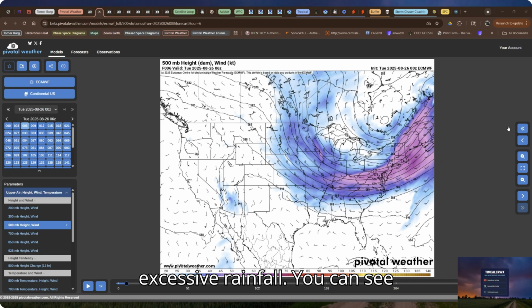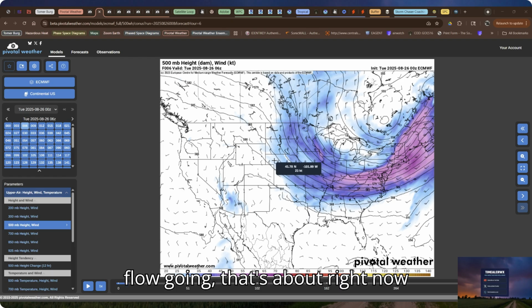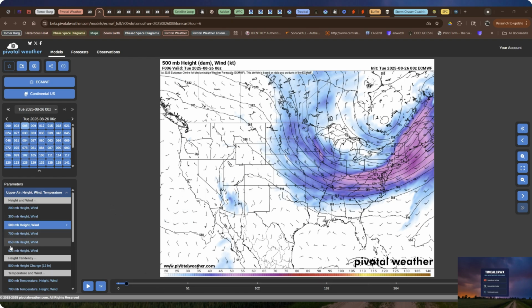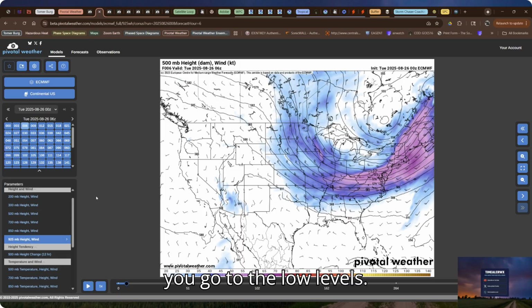You can see high pressure, and the flow will go around it with the mid-levels. And when you look at the lower levels here, this is the 500 millibar flow, that's about right now. You go to the low levels,